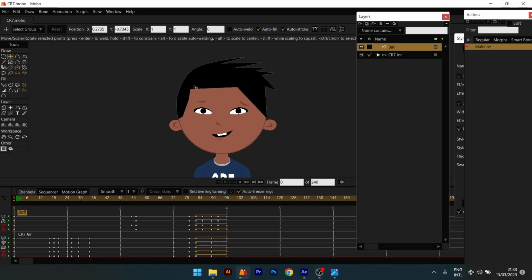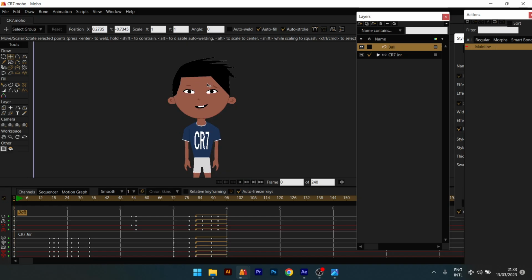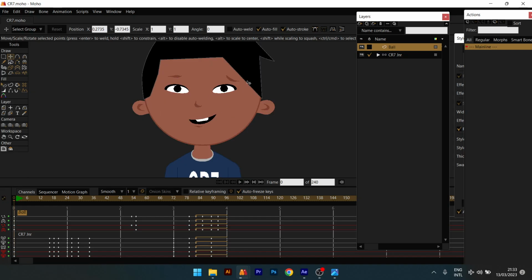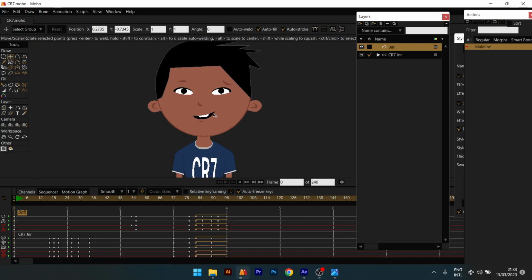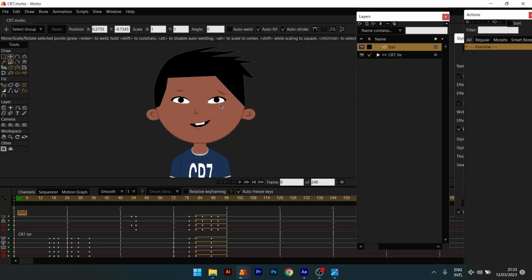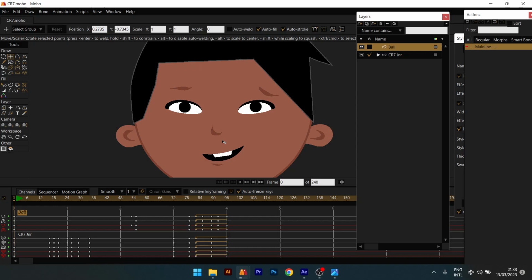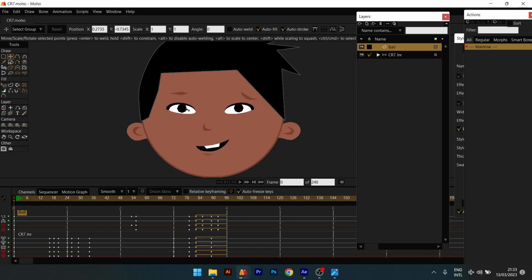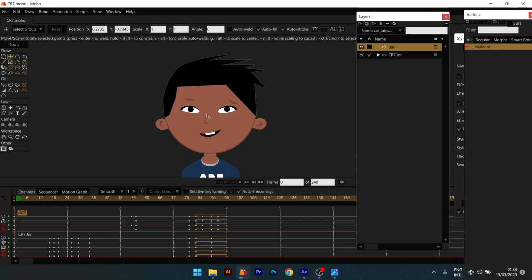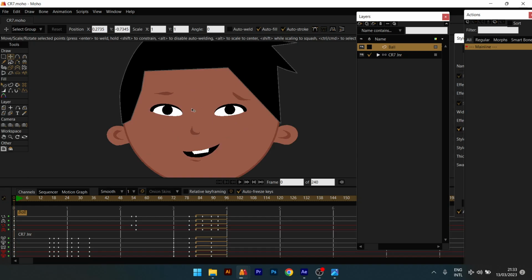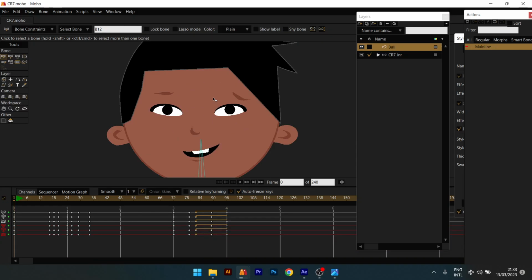So guys, let's look at our face. You can see our face is just static. There is no expression, no animation on the face. We've done bone animation. Let's look at how we can work on different things for this face. First, we're going to work on the eyes. We want these eyes to be able to blink and move around, and for the eyeball to be able to move around. So we're going to come to the